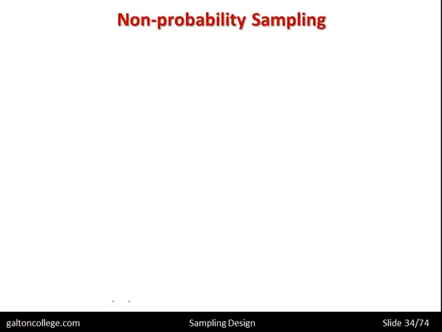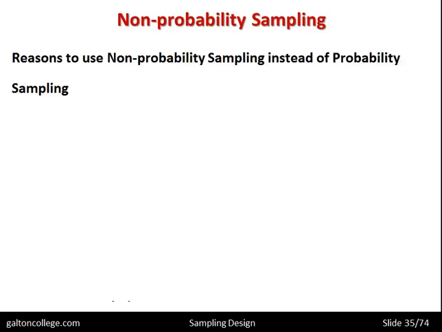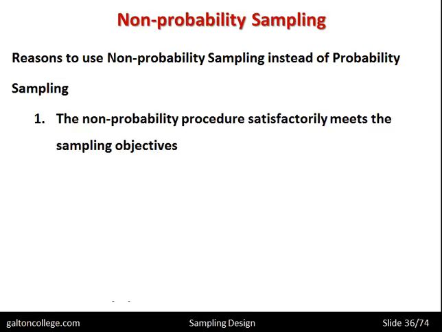Non-probability sampling is quite difficult, and it's difficult to almost justify it. It's essentially non-probability procedures. They have to try and meet the sampling objectives. So the non-probability procedures have to look at what the sampling objectives are, and if the sampling objectives enable non-probability procedures to be used, then fine, that's okay. But